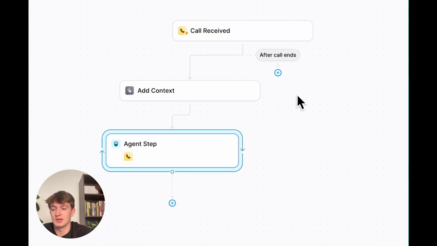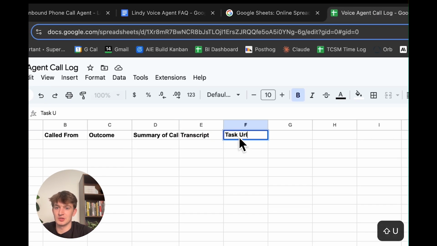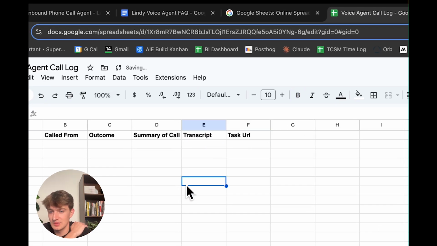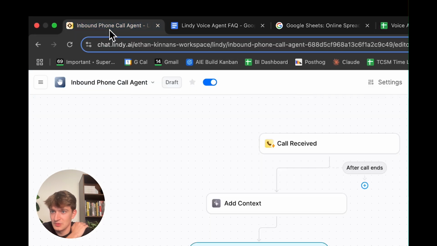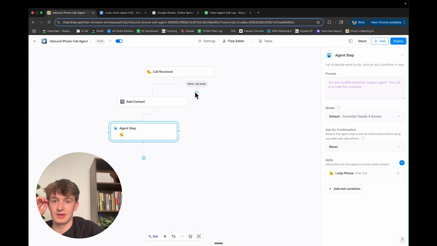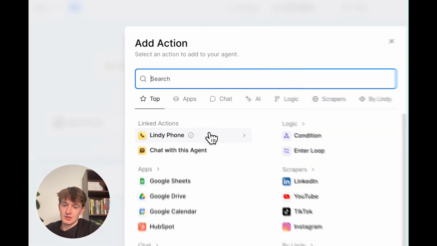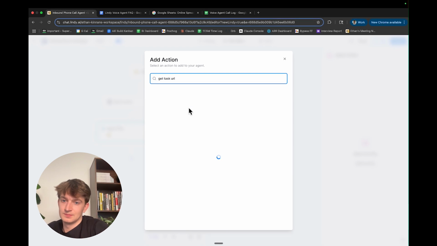agent. And actually, I forgot an important one. Task URL. If you want to go back and actually listen to the call, task URL is the best way to do that. So we're going to head back to our phone agent, and now we're going to be on the after all call ends path. And I'm going to add a couple actions. First, I'm going to add an action, get task URL